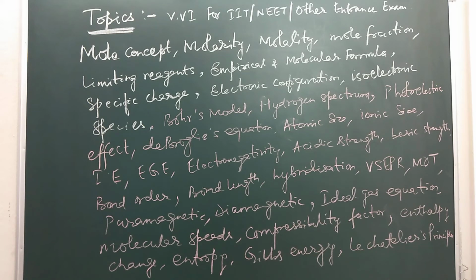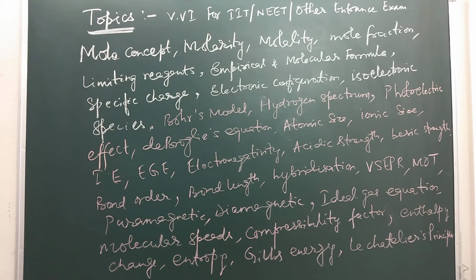Specific charge. The charge by mass ratio is also called specific charge. You have to remember that the specific charge is maximum for electron and it is 0 for neutron. So you have to remember the specific charge. You have to find out the specific charge for electron, proton, neutron, alpha particle, deuteron, and arrange them in increasing or decreasing order for your upcoming exam if they ask you.